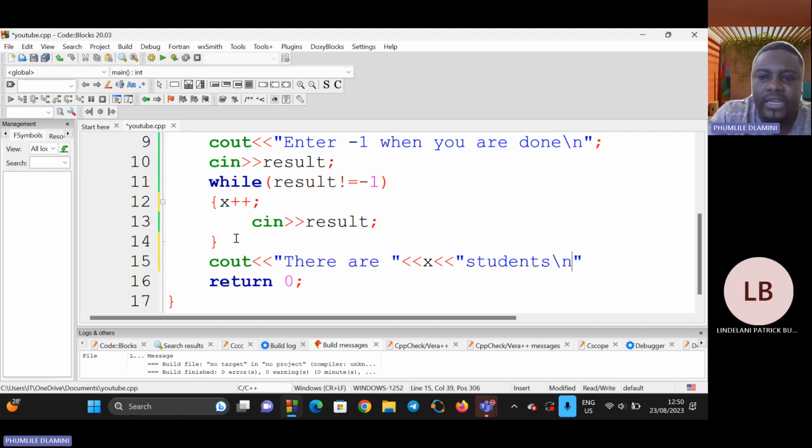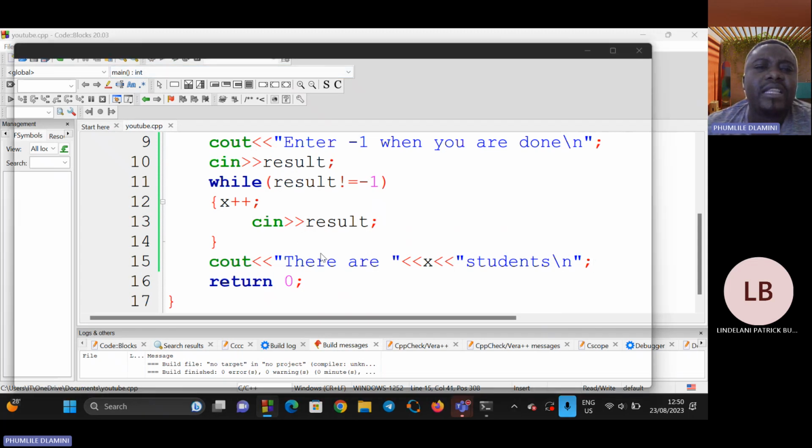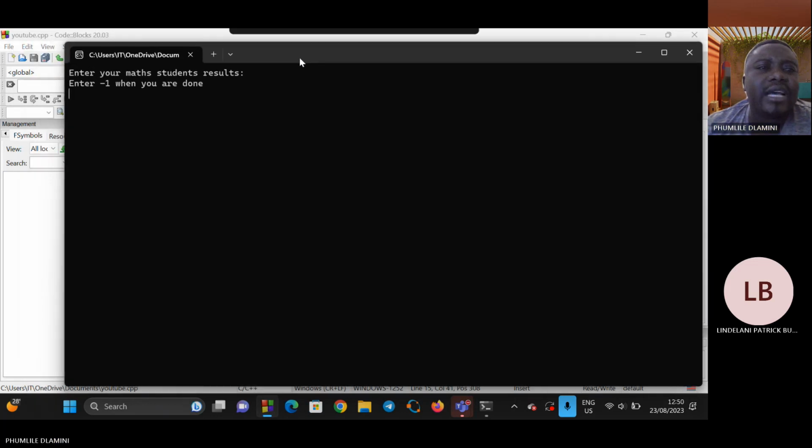Let me also put end line, then semicolon. So now we can build our code. Let's build our code and we see if it can tell us exactly how many students are there without entering,